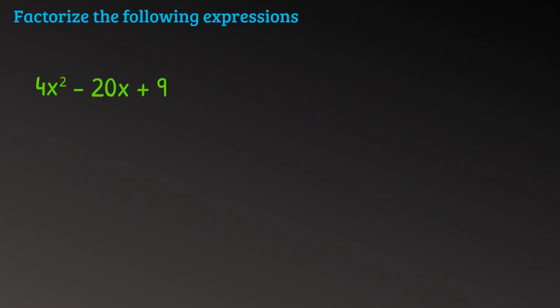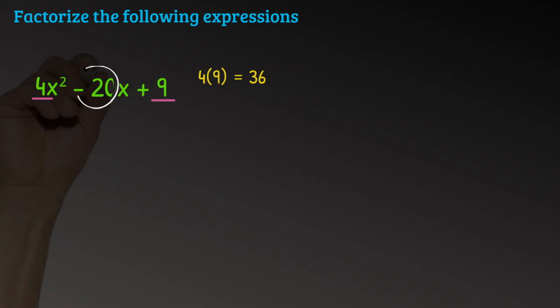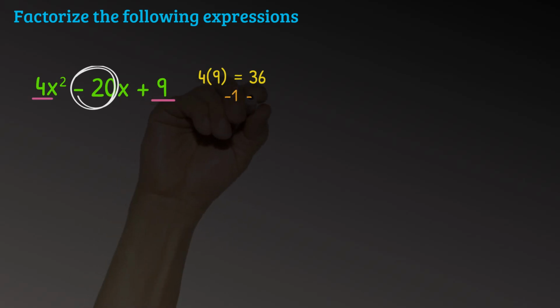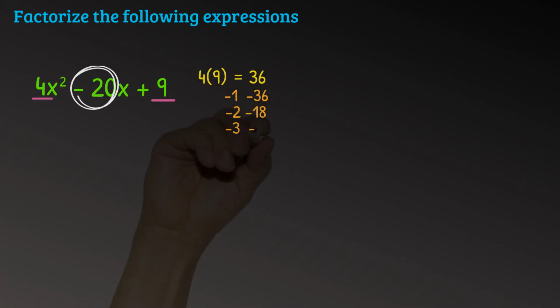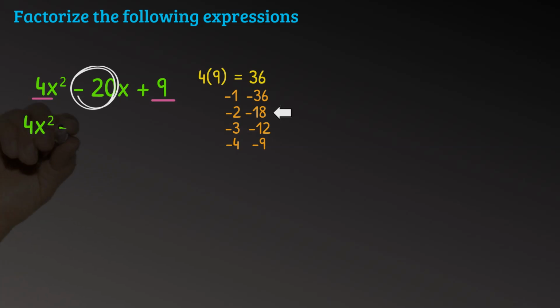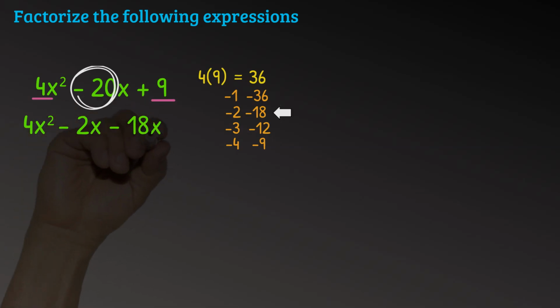In this example, we want to multiply 4 by 9 to start with, which gives us 36. But this time we want to multiply two negative numbers together because they also need to add up to give us minus 20. So here are some of the different numbers we could use to multiply together to get 36. But as you can see, minus 2 and minus 18 will also add to give us minus 20, so we use these two numbers. When we rewrite the expression, we can replace the minus 20x with minus 2x minus 18x,